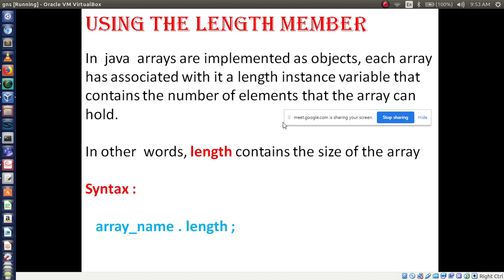Do one thing: take a two-dimensional array, initialize some elements, and print those array elements. Send me the code fast. Let's see what you are understanding in the array concept. How about you start writing the code? Take a 2D array, two-dimensional array, give any array name, MCR AITM, and initialize it with some values. Take 2 rows and 2 columns. Write the code and send it to me fast. Let's see.